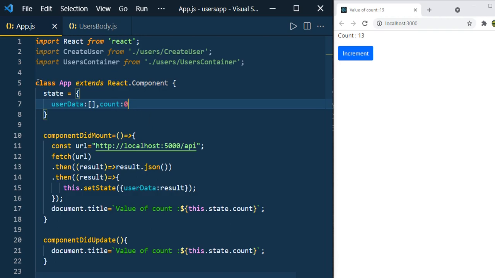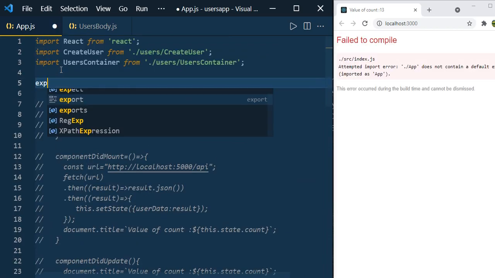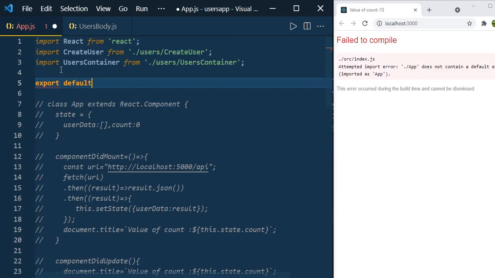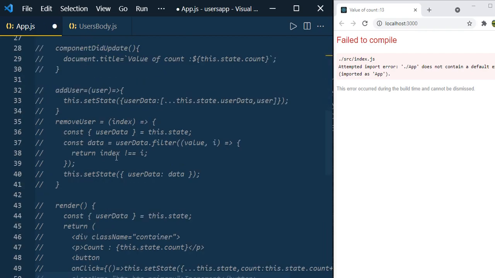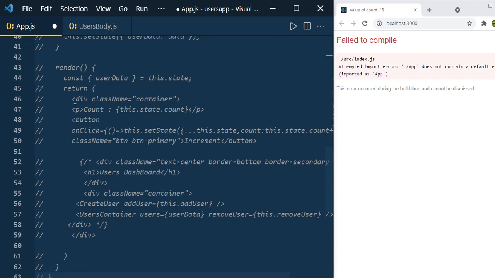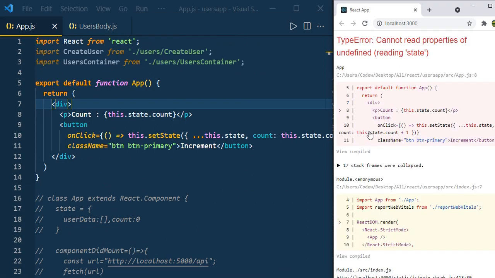So just comment this entire code, and here I am going to write export default function App, and just return. Place the button and paragraph. So take this paragraph and the button, and when you save it, we are going to get errors obviously because this.state is not available in a functional component.